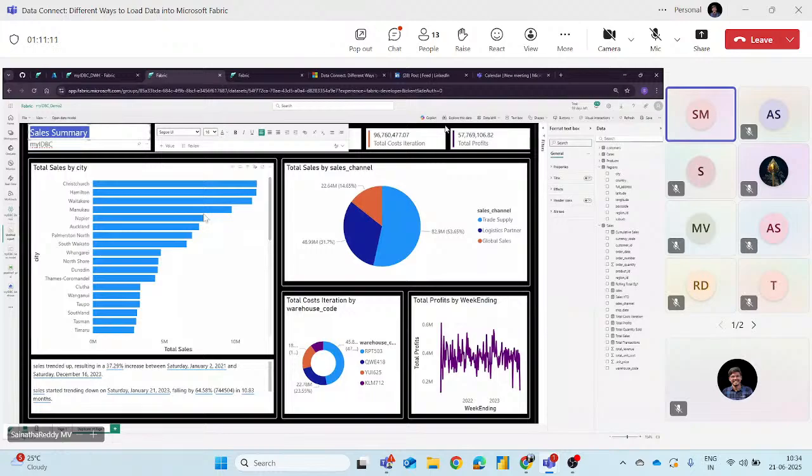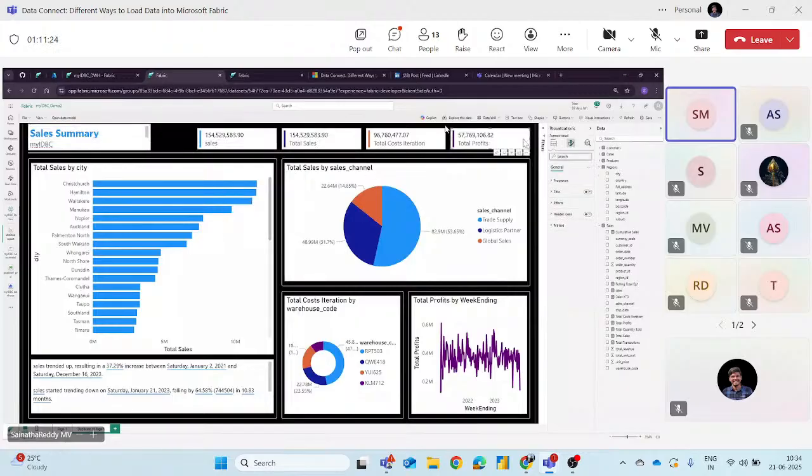We'll take it as 2020, no, 2018 bold. Sales summary, we'll take it as blue. Sales summary information and total profit, total sales.